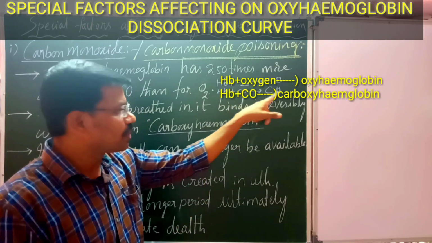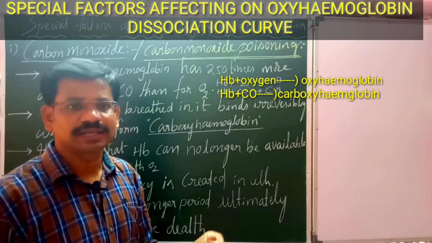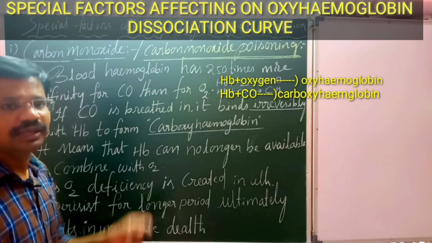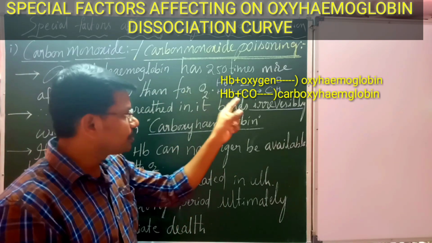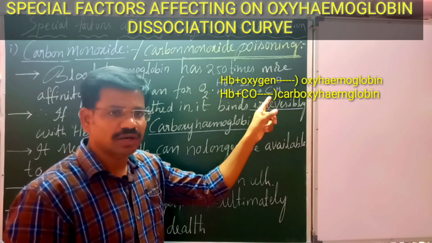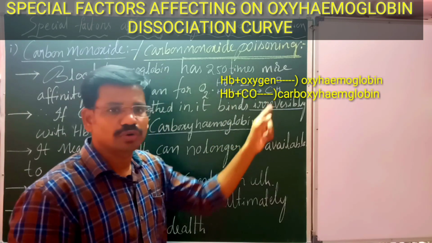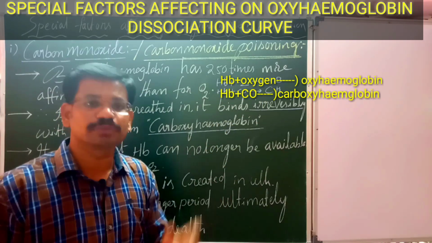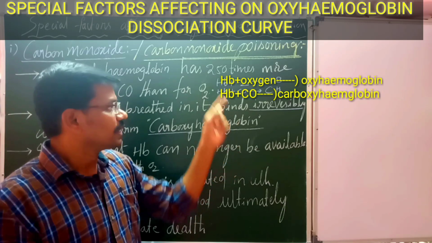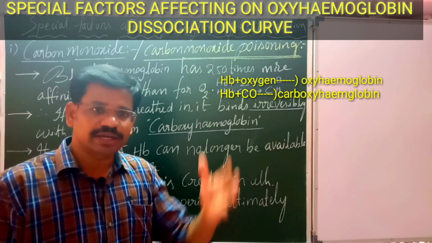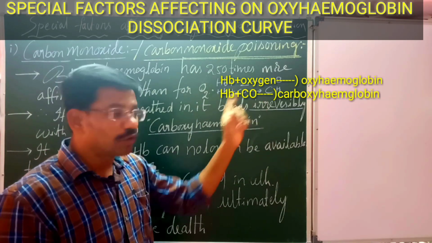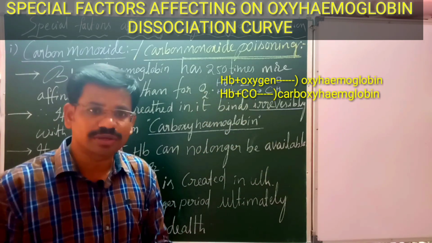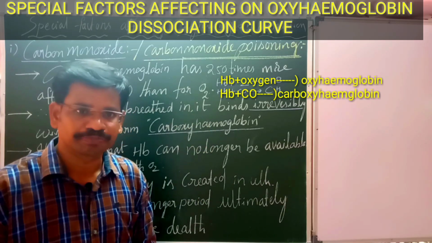But in the case of carboxyhemoglobin it is not possible. It is an irreversible process. Very important statement, remember, it is an irreversible process. Once hemoglobin binds with carbon monoxide to form carboxyhemoglobin, this carboxyhemoglobin is a stable product, but oxyhemoglobin is an unstable product, right? Once oxyhemoglobin is formed, it will be dissociated based on the factors. But once carbon monoxide reacts with hemoglobin to form carboxyhemoglobin, it does not dissociate. That's why it is a stable product, right?